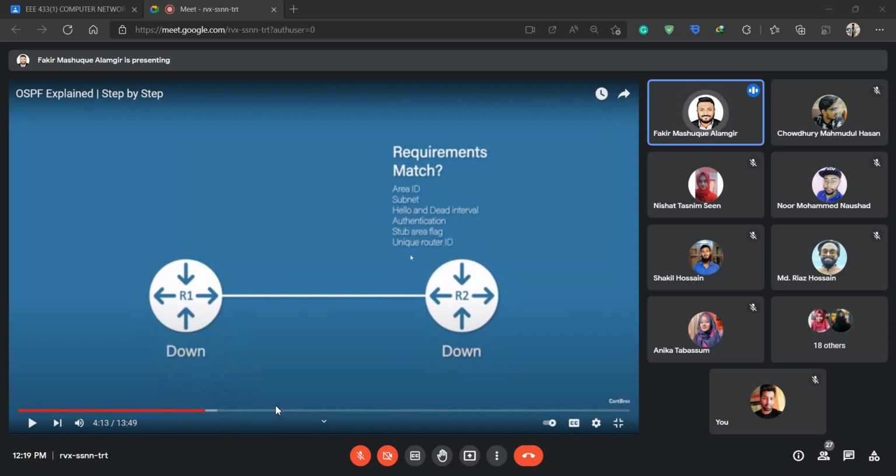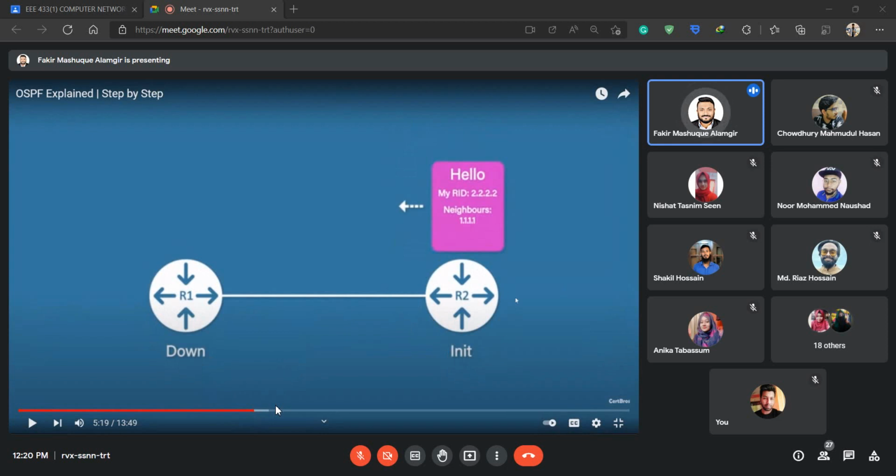দ্বিতীয়ত এই রাউটার 2 তখন চেক করে যে আপনি যে হ্যালো বলছেন আপনার এরিয়া আইডি কত, সাবনেট কত, হ্যালো এবং ডেড ইন্টারভাল কত, অথেন্টিকেশন কত, স্টাব এরিয়া ফ্ল্যাগ কত, ইউনিক রাউটার আইডি কত, এগুলো আমি কিছুক্ষণের মধ্যে দেখাচ্ছি। এগুলো ম্যাচ করে, ঠিক আছে। ম্যাচ করবার পর যদি এগুলো সব ভেরিফাইড হয় তখন সে হ্যান্ডশেকিং প্রসেসে যায়। হ্যান্ডশেকিং প্রসেস হচ্ছে ওয়ান কাইন্ড অফ যে ওকে আপনার সঙ্গে আমি ওকে, সে যখন ওকে বলবে সবগুলো ভেরিফাই করে ফেলবে তখন গিয়ে সে আরেকটা হ্যালো মেসেজ পাঠাবে, ওকে আমার রাউটার আইডি হচ্ছে এইটা, আমার নেইবার আছে অমুক অমুক লোক।